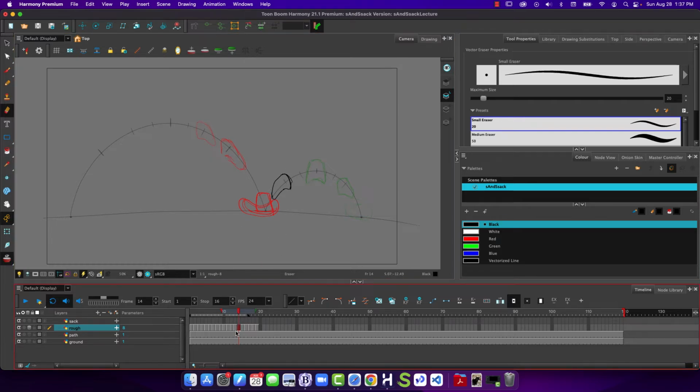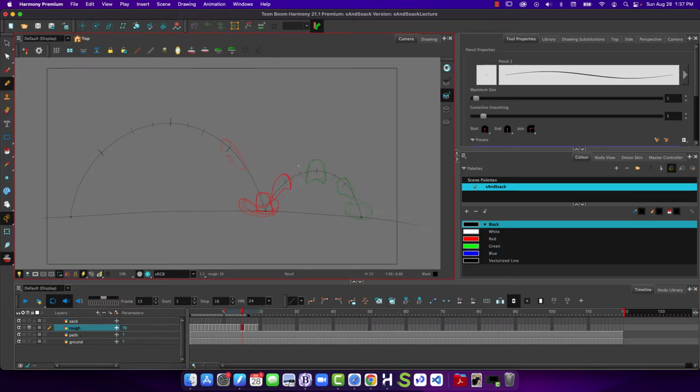So once again, plus, click to the next frame, empty drawing, switch back to the pencil so I'm not using the eraser all over the timeline, plus, go to that next drawing, insert an empty, then we have here, plus, go to that next drawing, insert, plus, next spot, insert,